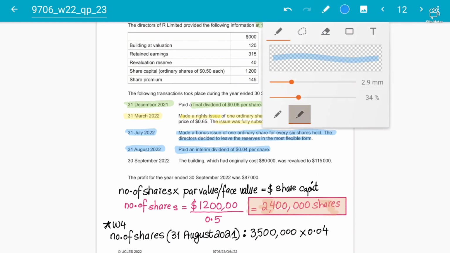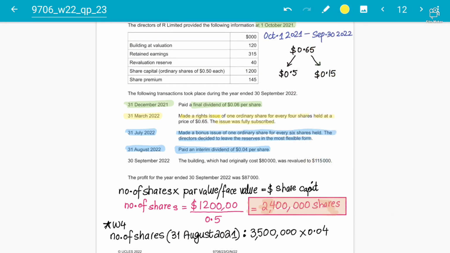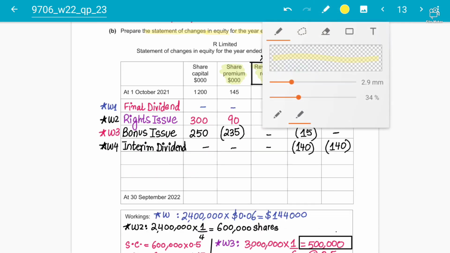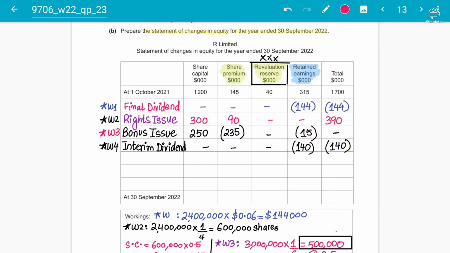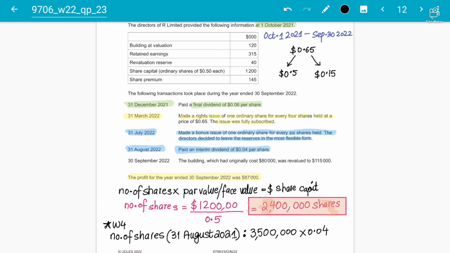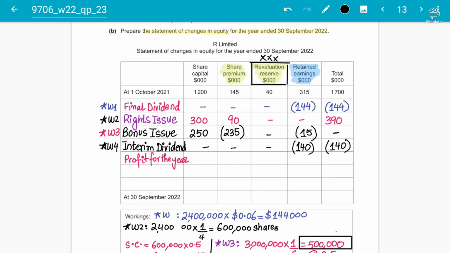Last two adjustments are left, so I'm going to solve those first. I'll solve this one. The profit for the year is 87,000. There is no interest or tax talked about, so you can just write 87,000 directly. If there was any adjustment, you should have done that as well. So there are a couple of questions in which you have to do adjustments as well, students. So profit for the year will be added in retained earnings, that is 87,000. Okay, so 87,000 is the profit, so added in the retained earnings. Rest is null effect.